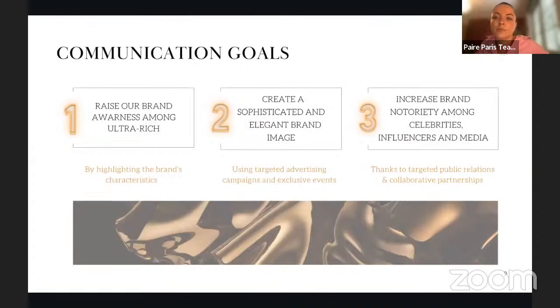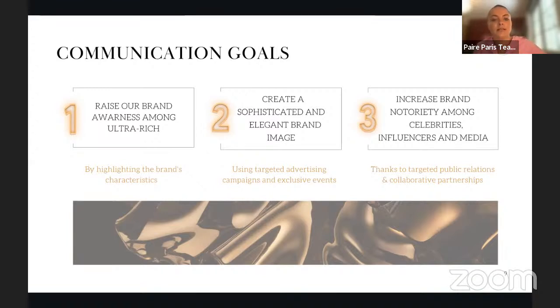So we have 3 main communication goals. The first one is to raise the awareness of Barbaric among the ultra-rich. And thanks to targeted advertising campaigns and exclusive events, we want to create a sophisticated and elegant brand image.